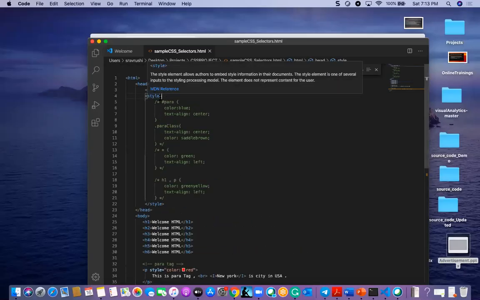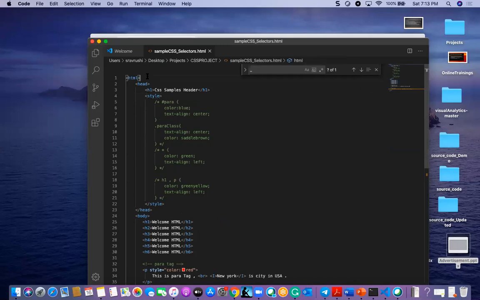And also we will see one more attribute, that is language. We can mention the language in the main root HTML, like lang equal to, this is one of the attributes, the lang attribute.